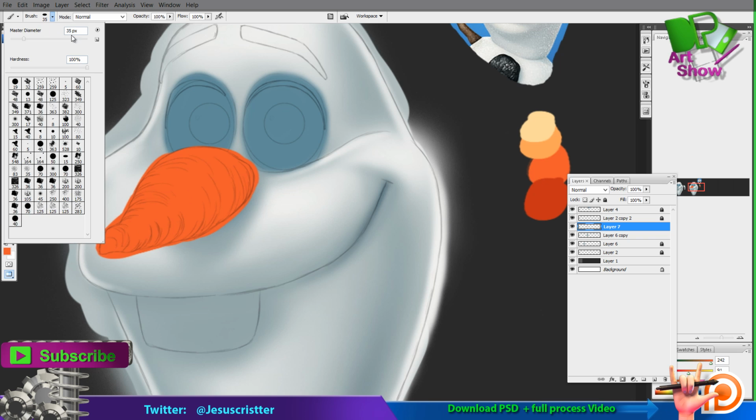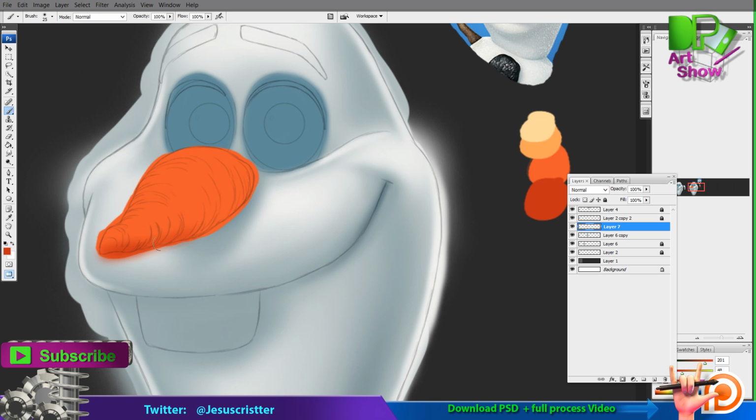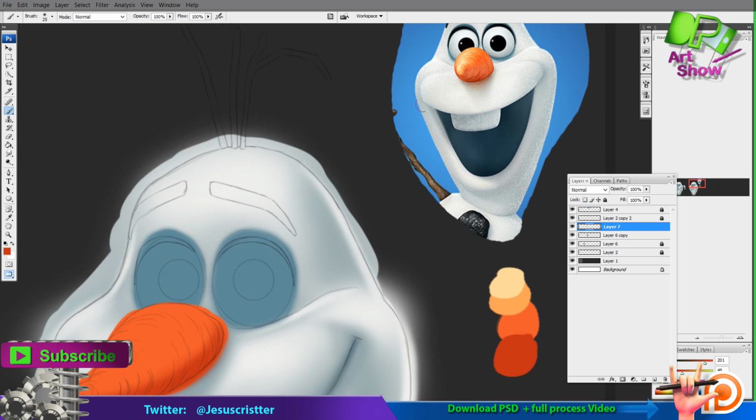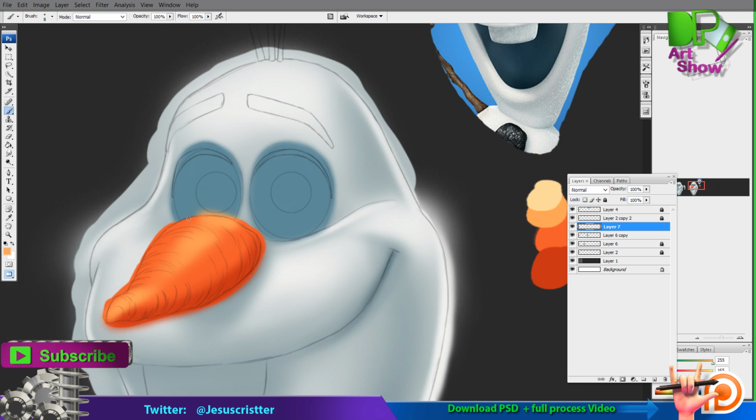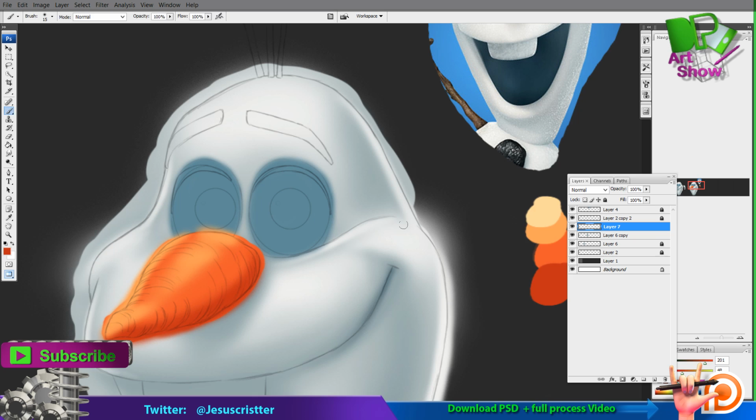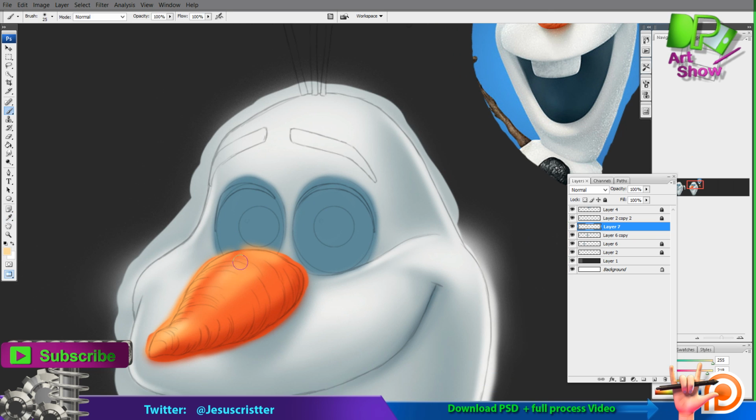So here I took some colors from the carrot, and of course create a new layer. Don't worry about what goes off the line, because you can erase that at the end, so it doesn't really matter at all. Okay, so now that I have these colors really bright,